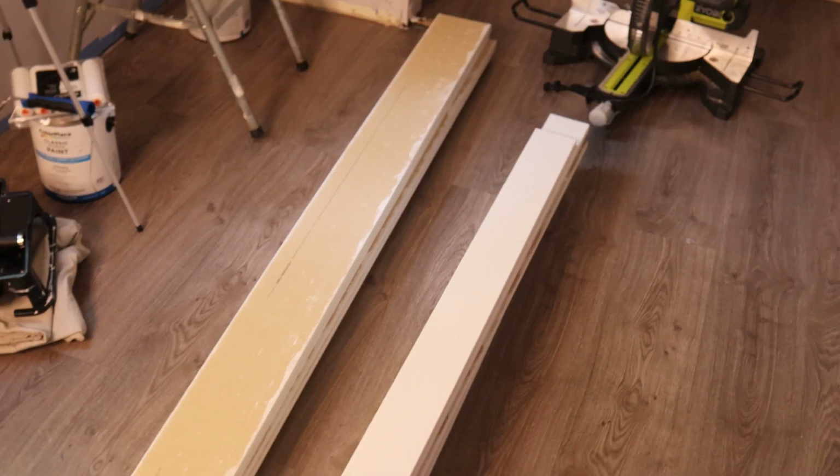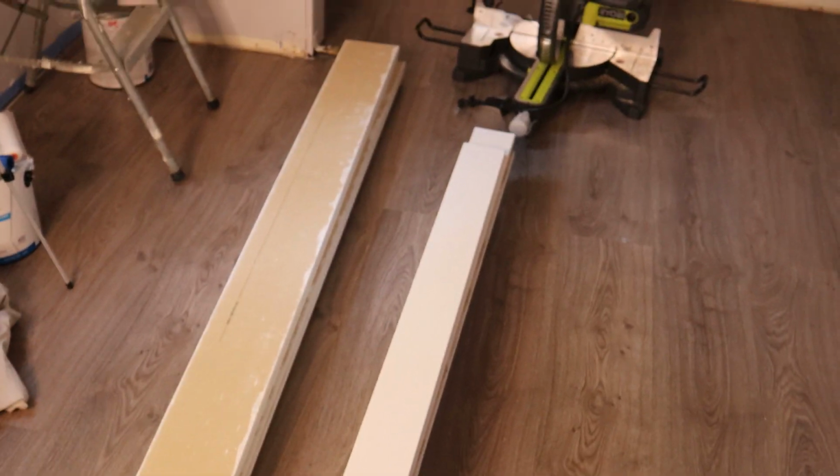Well, here we are on day 2 and we're gonna do the trim now. Originally I was going to do the painting on the wall, but we can't find the tape. So we're gonna do the trim so we can put stuff away and find the tape. But here's our trim. Here's our trim. I'm going with a MDF,